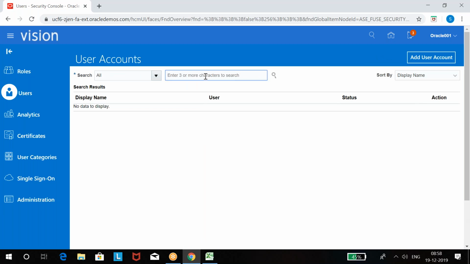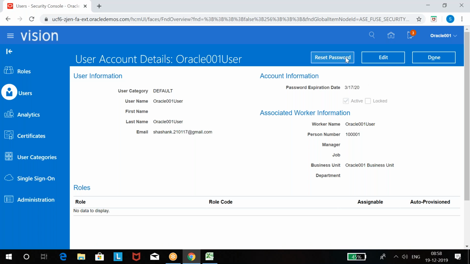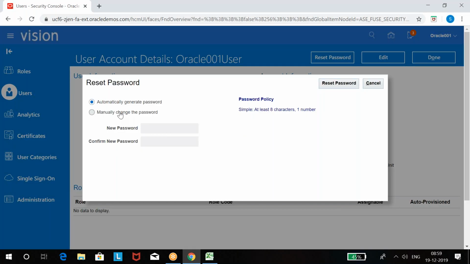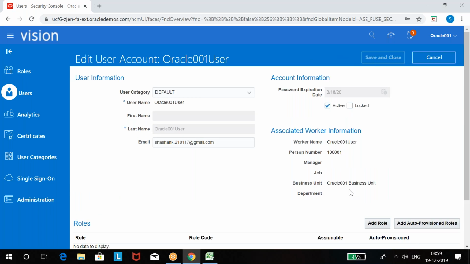What is our username? Oracle 001 user. This is the employee user. Search. We got this username. Click on this user. The password was already reset, but I'll do it again because I don't remember what I kept as password. So password reset is done. Now edit. To add job roles, we need to edit. Add role. So here we have the option called add role.